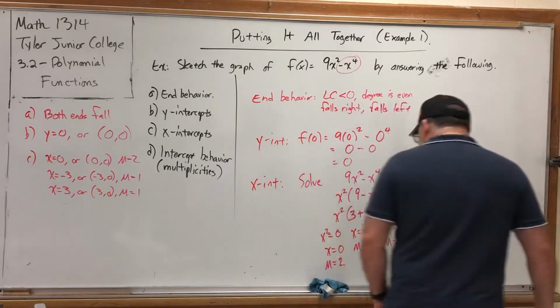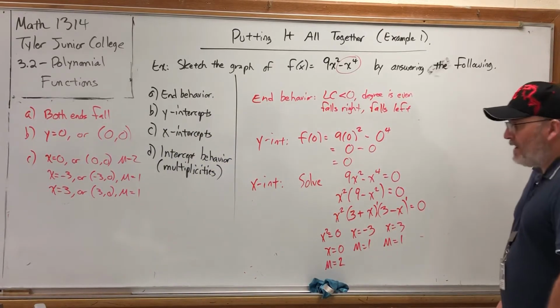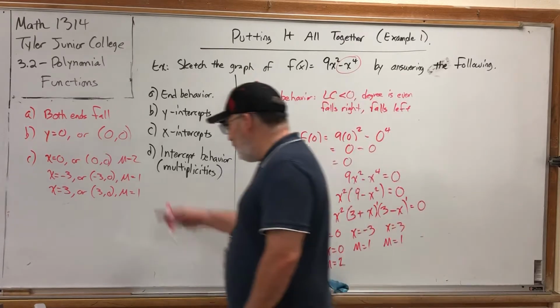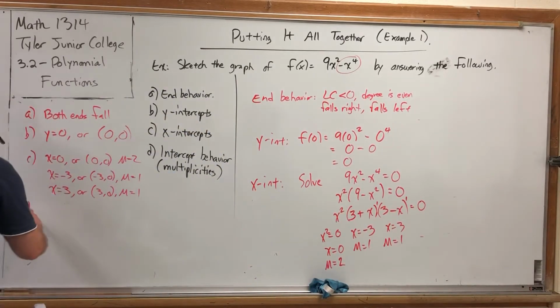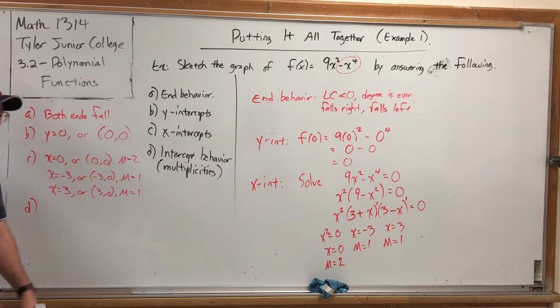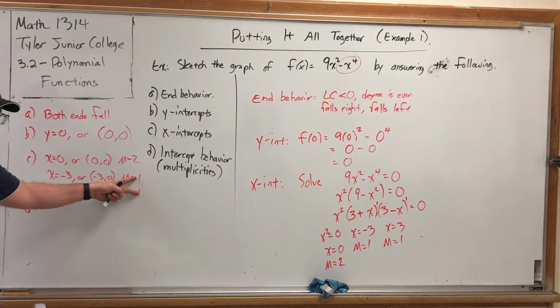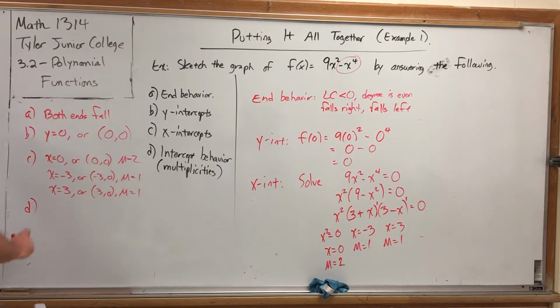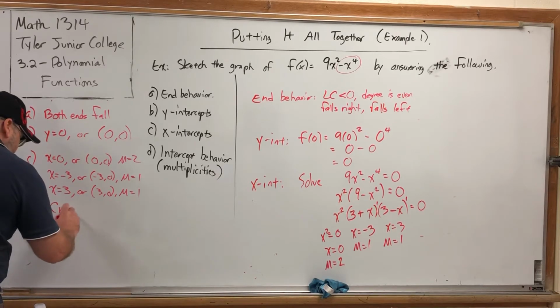By the time we get to this point, the intercept behavior is actually just an immediate consequence of what we've just done. Because all we have to do is see whether the multiplicity is odd or even. There are two multiplicities that were odd. And remember, an odd multiplicity crosses the x-axis. So we know that we're going to cross the x-axis